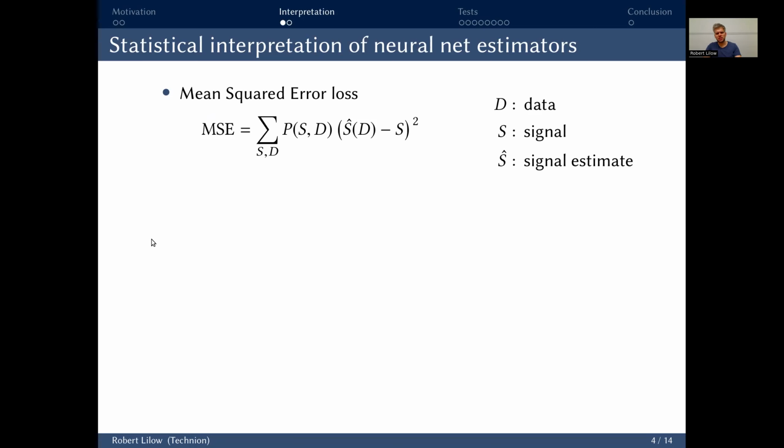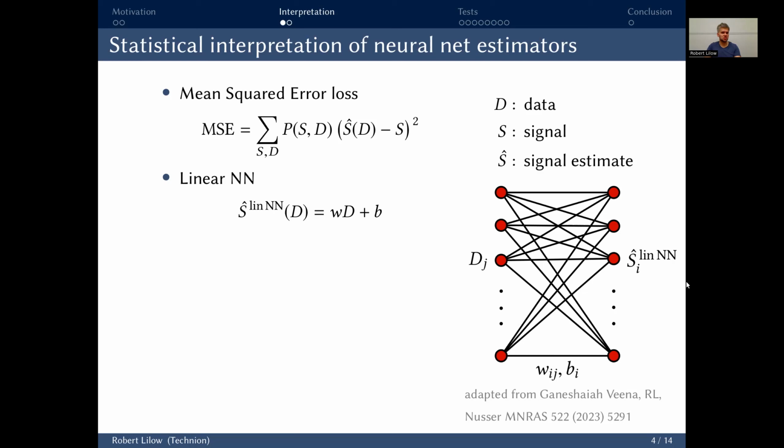Namely, that once you specify the function that you want to minimize, the loss function, and your network architecture, you can essentially prove mathematically what kind of estimate your neural network should find. So what I'm using here today is the most widespread loss function, the mean squared error. For each sample of your training set, you compute the neural network estimate of the signal given the data, and then you average the squared error of this over a sufficiently large set of training sets, and then update the parameters of your neural network by minimizing this quantity.